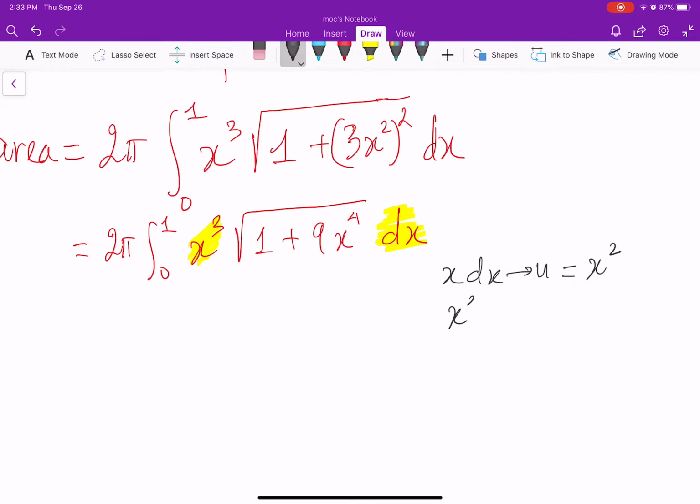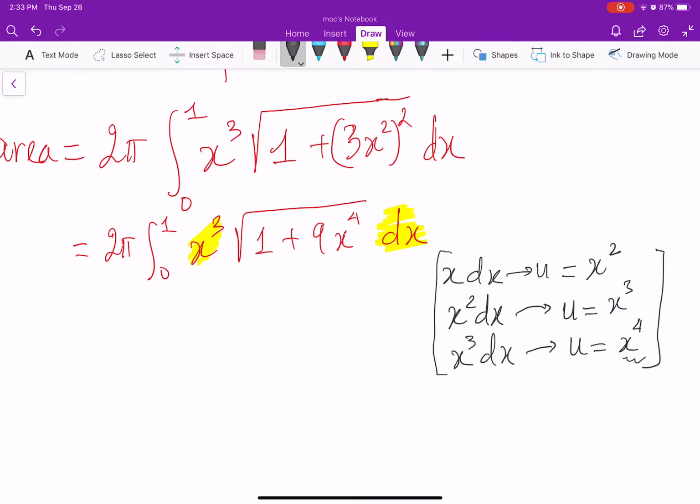If you have x squared dx, the substitution is u equal to x cubed. If you have x to the third dx, the substitution is u equal to x to the 4. Of course, you can consider a linear combination, like in this example. So, based on this observation,